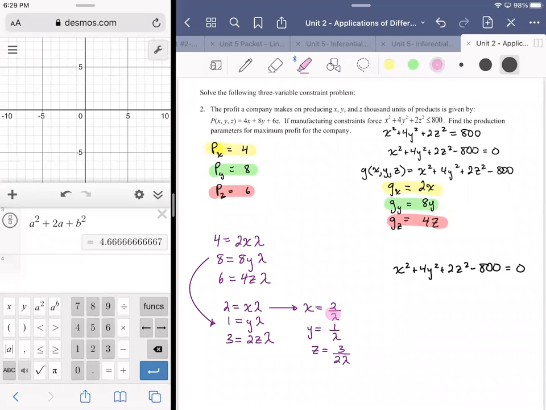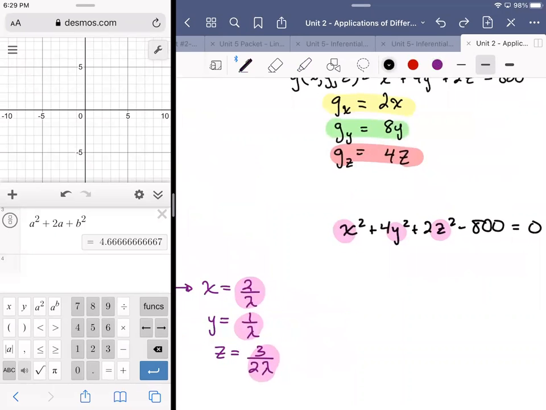So I'm going to swap out x, y, and z for these 3 values. So 2 over lambda squared plus 4 times 1 over lambda squared plus 2 times 3 over 2 lambda squared